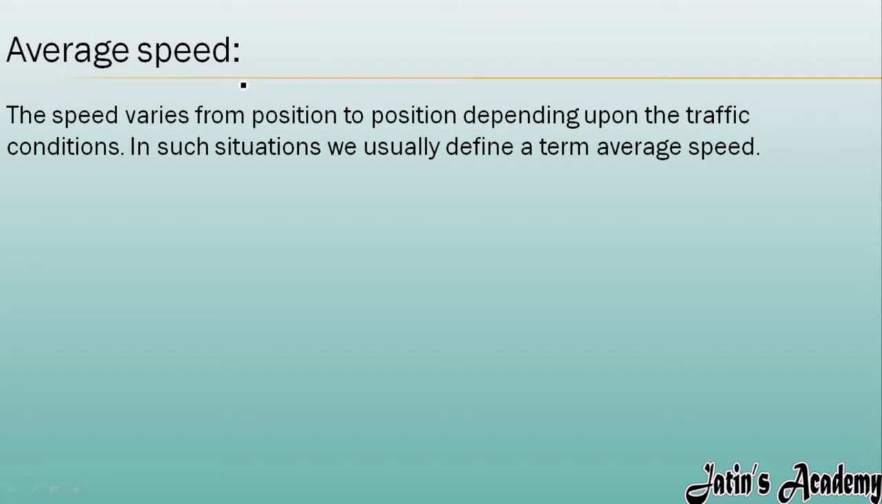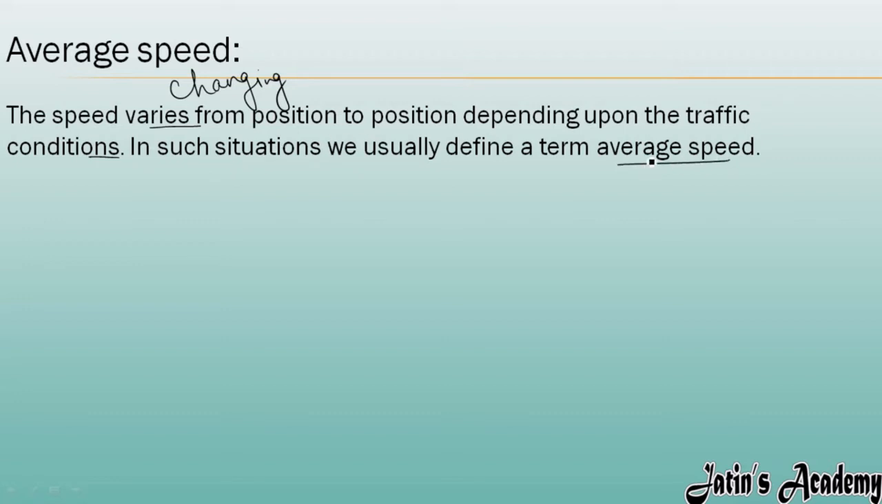Actually, whenever we are riding our Activa or our car, the speed is not the same, or we are not covering the same distance in the same time. Why? Due to some traffic conditions, we are not able to cover the same distance. So sometimes speed is going to vary. Varies means changing; speed is going to change from position to position depending upon traffic conditions. So in this situation, we are not going to see the speed. In this situation, we are going to see the